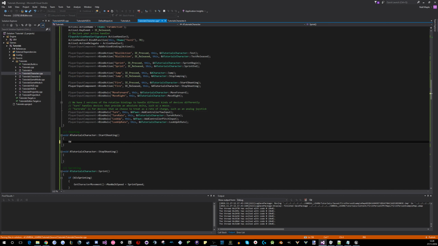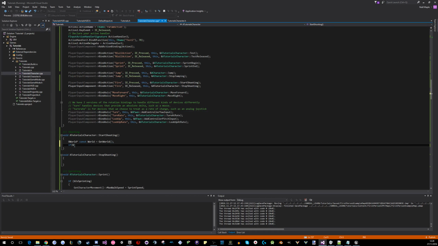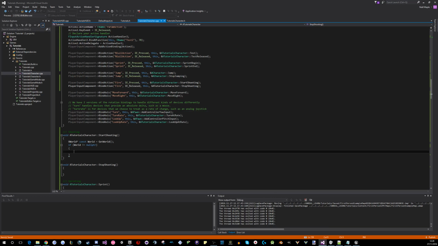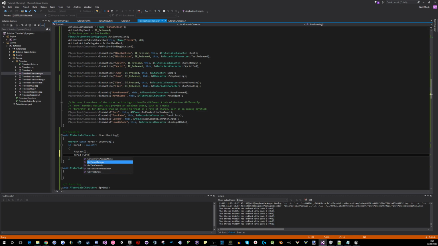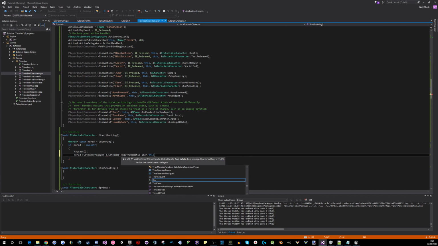So for the timer stuff we need the world, as with literally everything in Unreal. Right, so we get the world. Sure you're familiar with that one by now. Yes, that's pretty nice. World. Now basically you need to call it so there's no initial delay, but then you also need to do world, get timer manager, set timer, FullyAutomaticTimer, this, what do I call it,